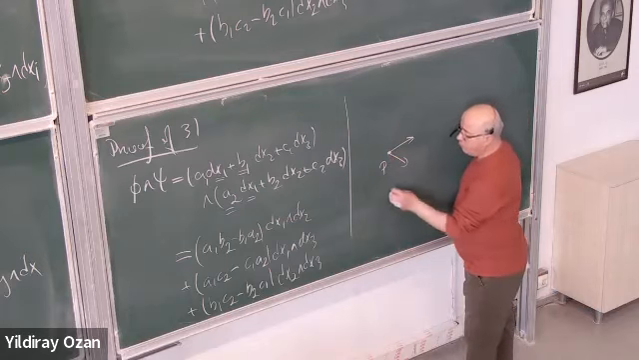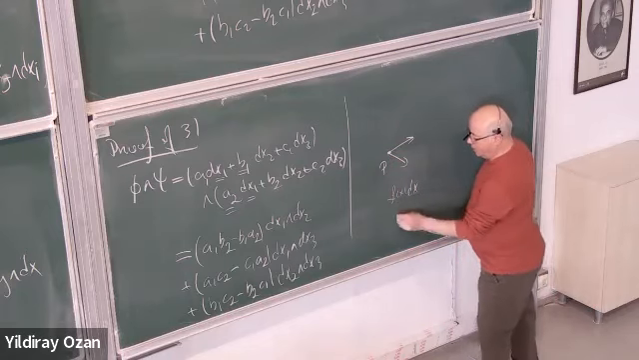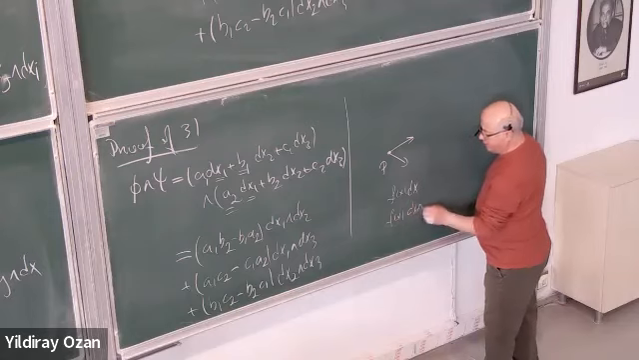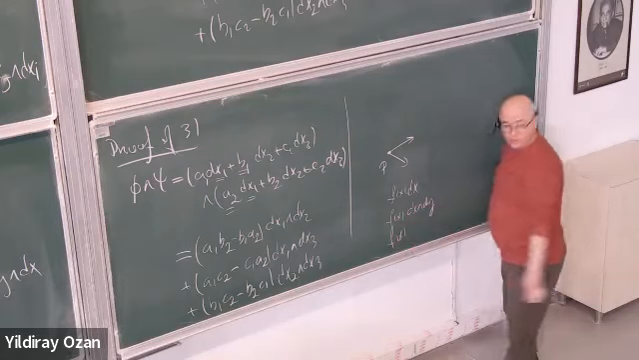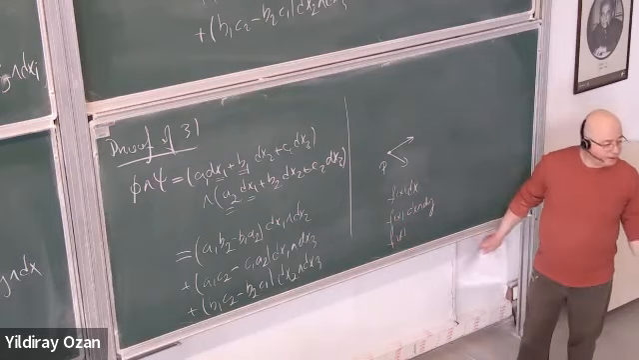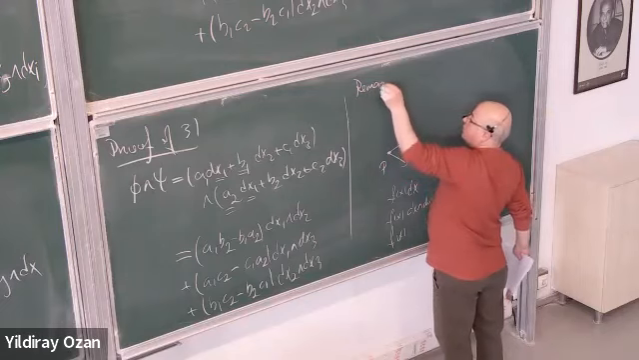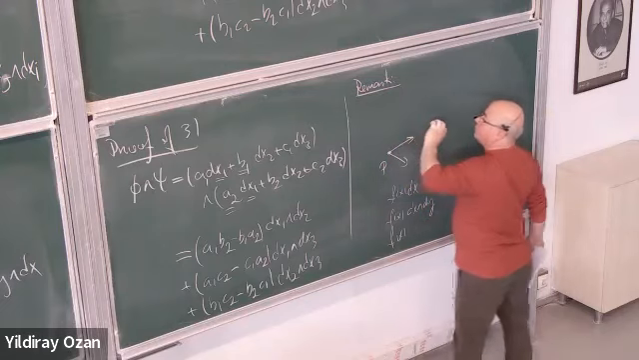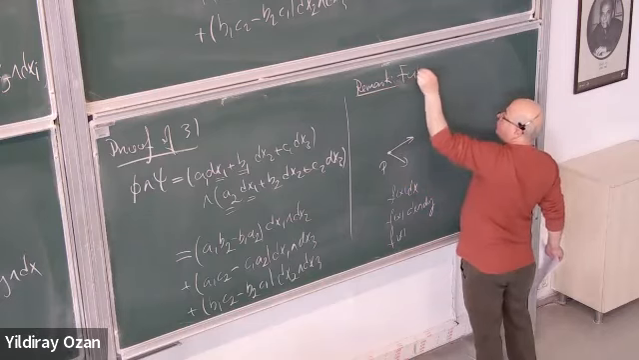A one form is some function times dx. Two form is some function times dx, let's say dy. Zero form is just a function. It's no vector, okay? So let me write here. Functions